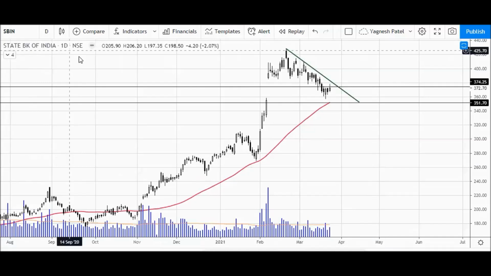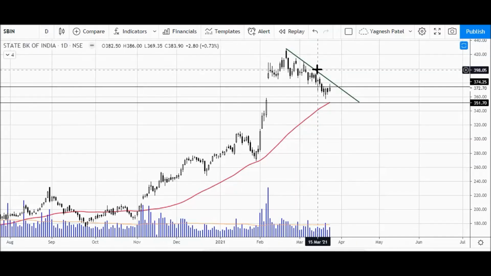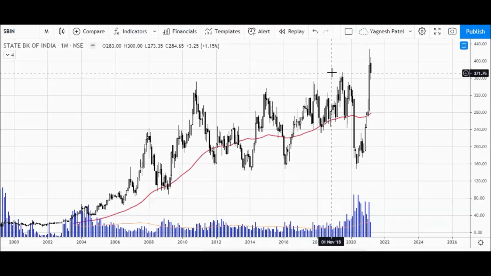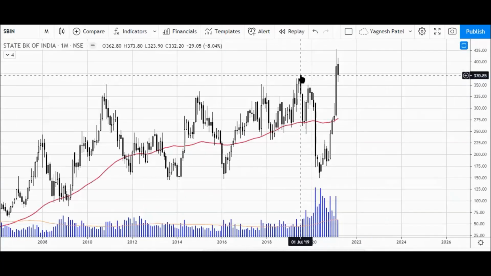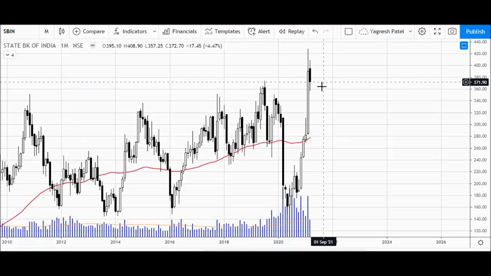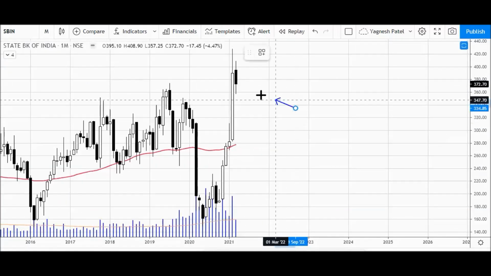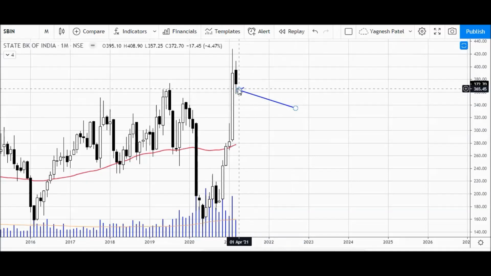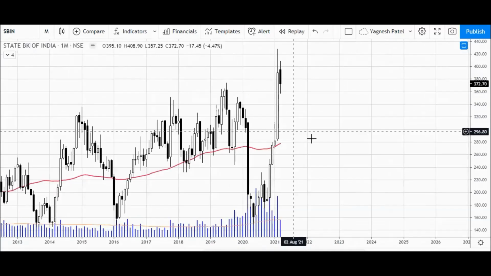And one more thing I will show you, which is slightly further advanced. Let me remove all the lines here, and let me convert to the monthly time frame. So here it is. It has given a good all-time high breakout here, which is around July 2019. The stock is now at the previous breakout level and showing a very important shadow on the lower side. That's a very nice sign, and a demand area we have seen here in SBI on the monthly time frame, which is slightly advanced.